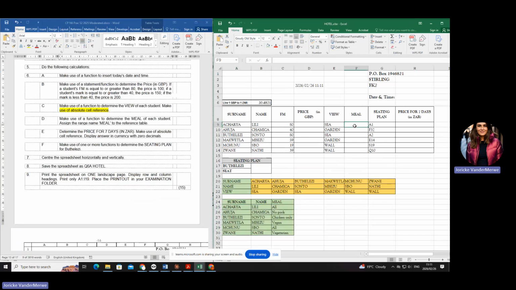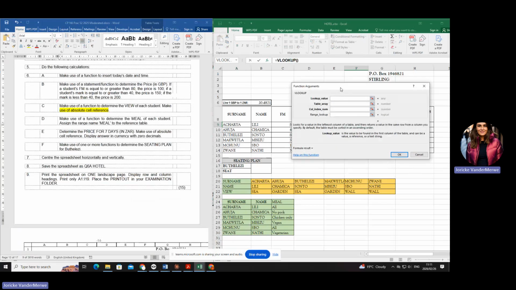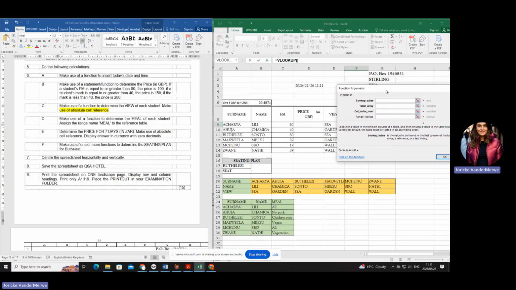Okay, let's start. What is my next step? An equal sign. Then I go to fx. Am I working in a VLOOKUP or an HLOOKUP? I'm working in a VLOOKUP because my table here at the bottom is a vertical table. And then what is my lookup value? According to the person's surname, it's going to have a meal. So I'm clicking on the surname because that's the one I have in both of the tables.